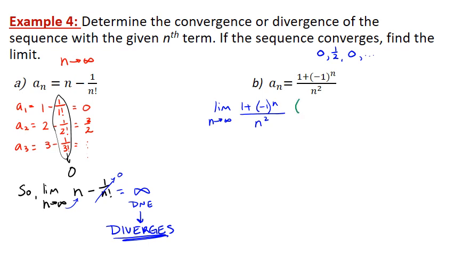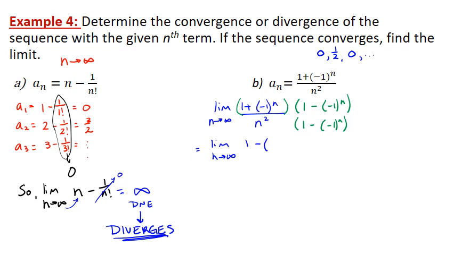So we're going to multiply by 1 minus negative 1 to the power of n on the top and the bottom. Okay, so this will have to be FOILed, and then we'll distribute here. Remember when you're dealing with limits, you need to continue to write this notation in front. When we FOIL this, we have 1